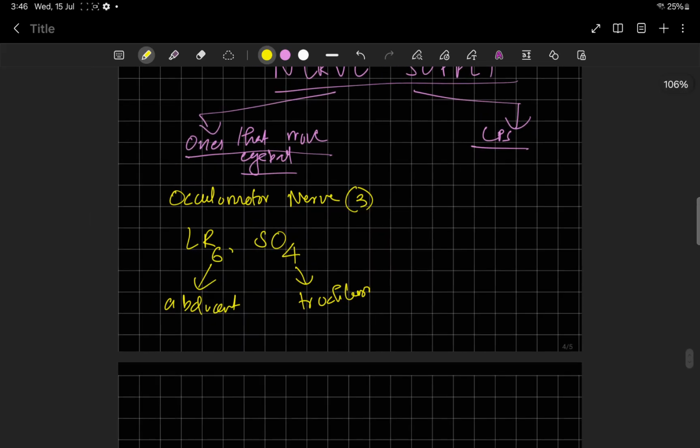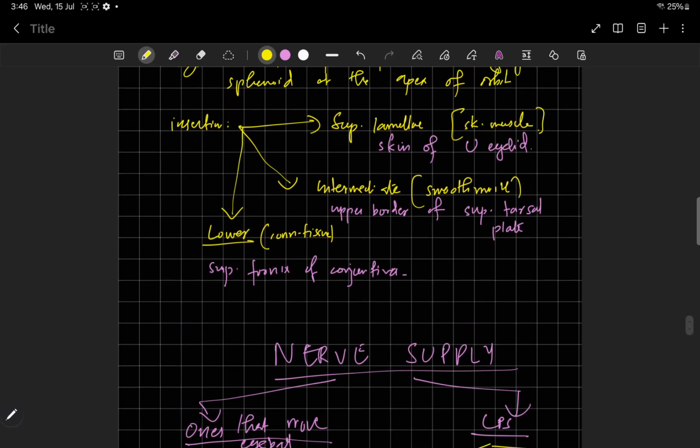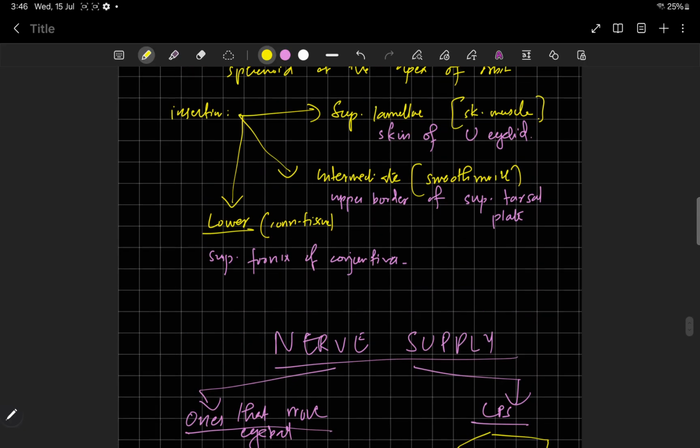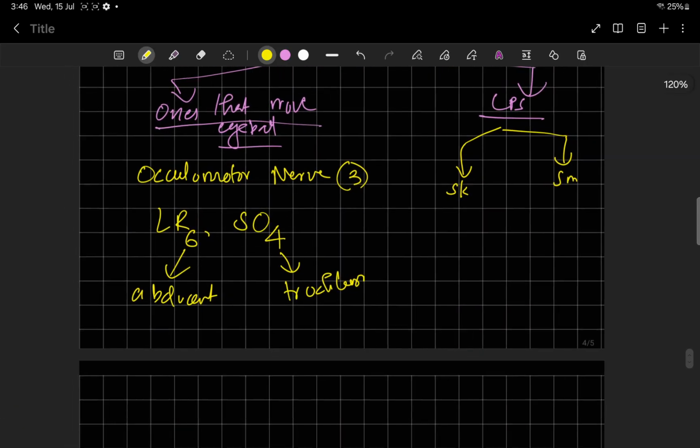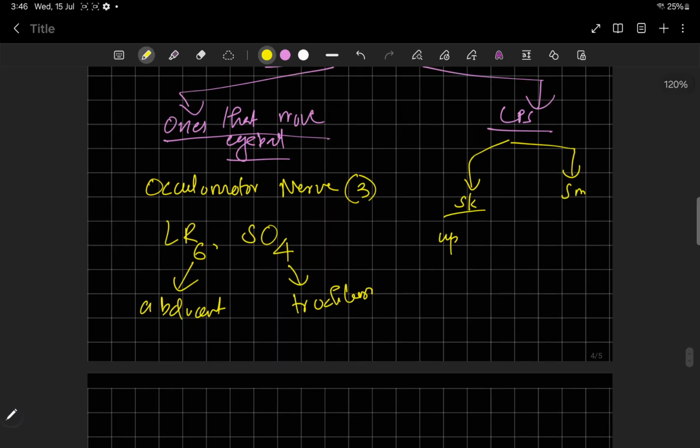And this levator palpebrae superioris is supplied by two nervous systems. One is the skeletal muscle part and the other one is the smooth muscle part. As already mentioned, it has 3 lamellae, and the first and the second lamellae, the superior lamellae, is skeletal muscle and the intermediate lamellae is smooth muscle, and the skeletal muscle part is supplied by the upper division of oculomotor nerve,